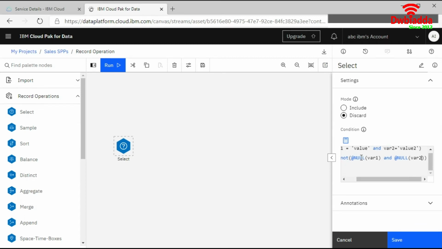Say we can take an example here. BP, sorry, we can go here. This is BP is equal to high and random 10 less than or equal to 4.